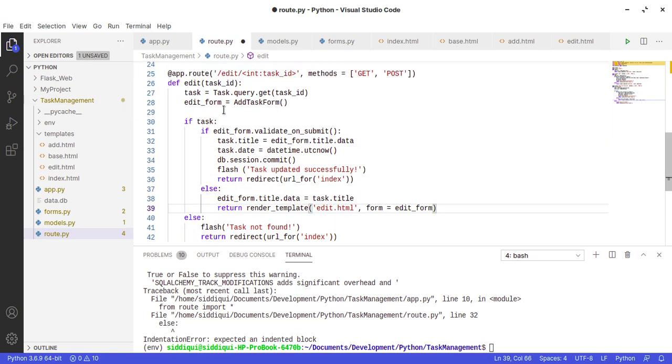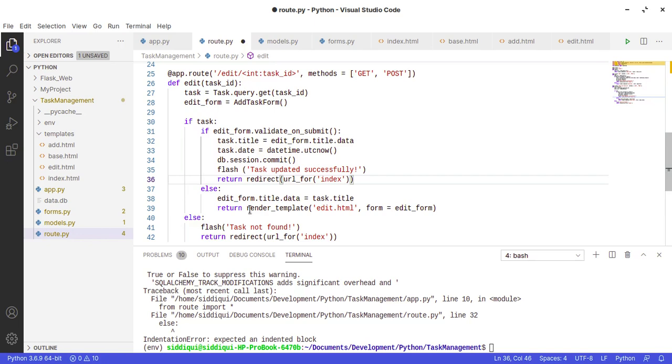So what we did, we first fetch the task from the ID that is passed, then we create an instance of the form, and then we see if the task exists, and then we see if the user wants to edit it or just wants to display. So here we actually modify the task model and then commit the changes in the database, and then display the message and redirect it to the main.